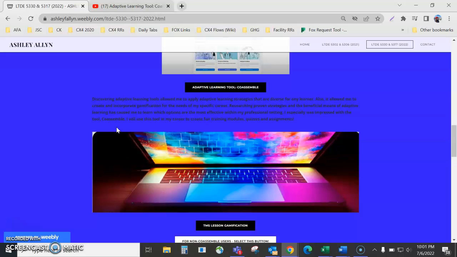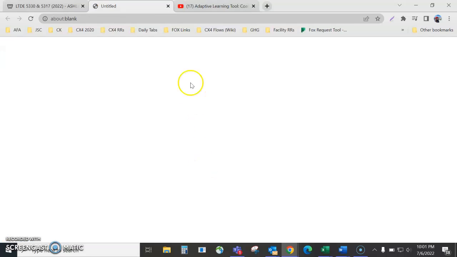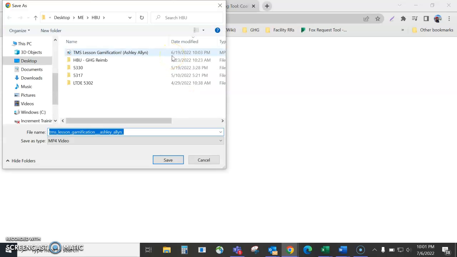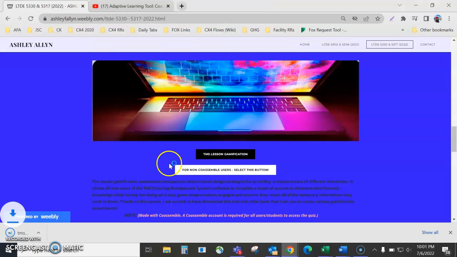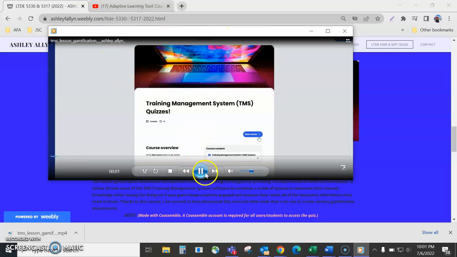The next assessment piece is the lesson gamification. This lesson gamification assessment incorporates instructional design strategies for providing a unique means of different instruction. It allows all new users of the TMS, or Training Management System,